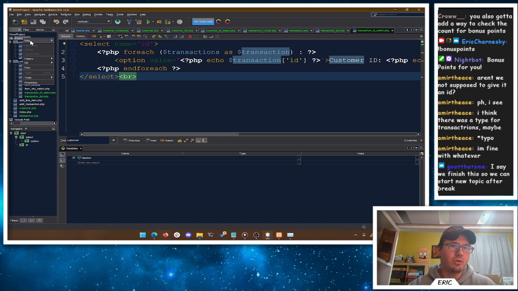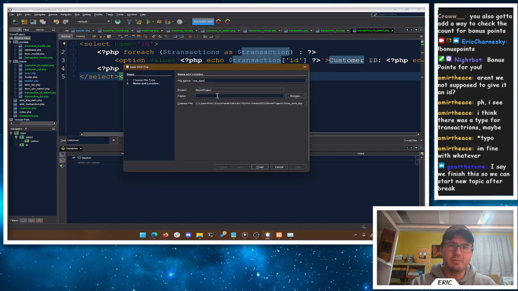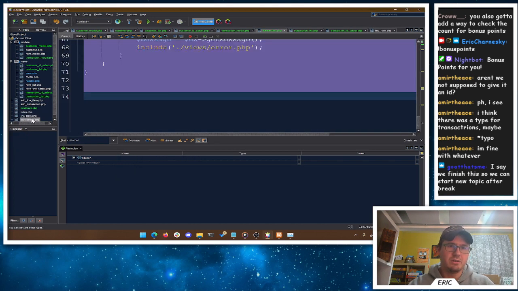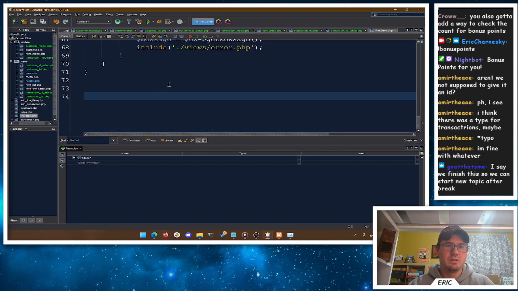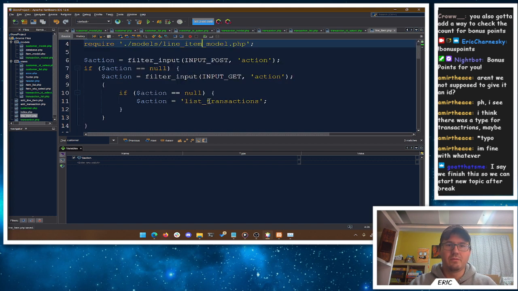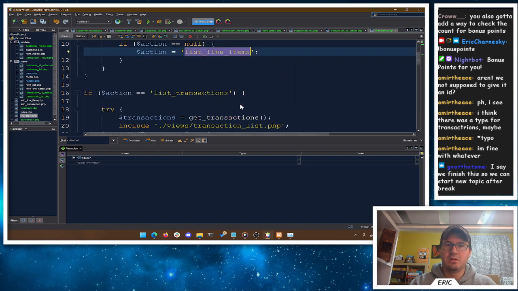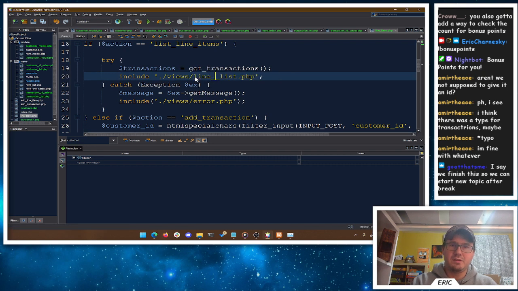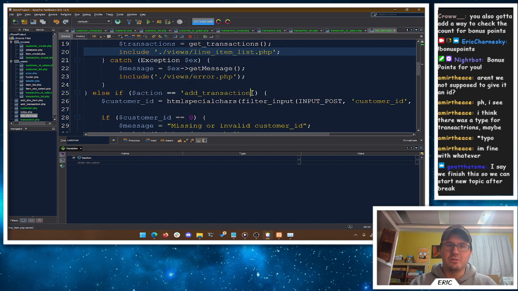So let's add a new controller. Now this will be for our line item. So line item controller, let's just steal from here. All right, so then this will be the line item model. We're going to list line items. This is a line item list. Now to add line item,